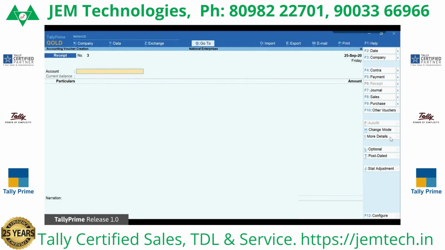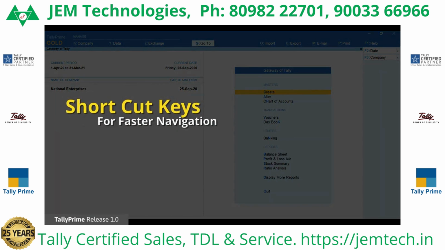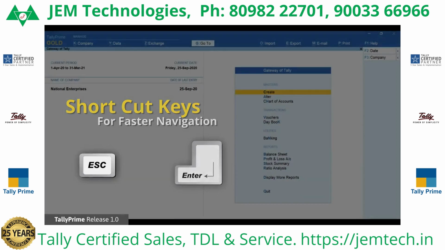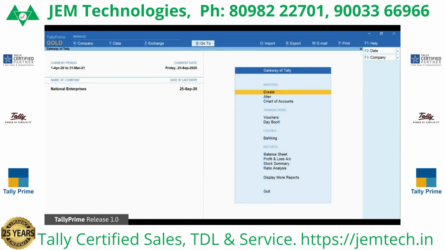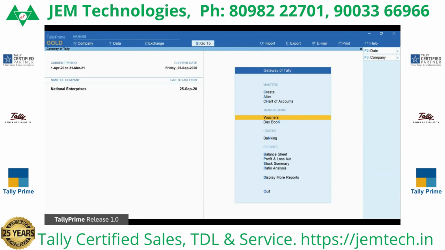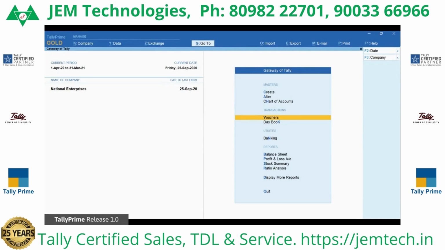Now that you're familiar with the different parts, let's talk about the methods to access or open them. The two basic keys you will need to open and exit any feature are the Enter and Escape keys. Place your cursor on any menu and press Enter to open and press Escape to exit. The versatility of TallyPrime allows you to do the same thing in different ways. For example, to access a feature, you can use the shortcut key such as pressing K in Gateway of Tally to open Daybook,